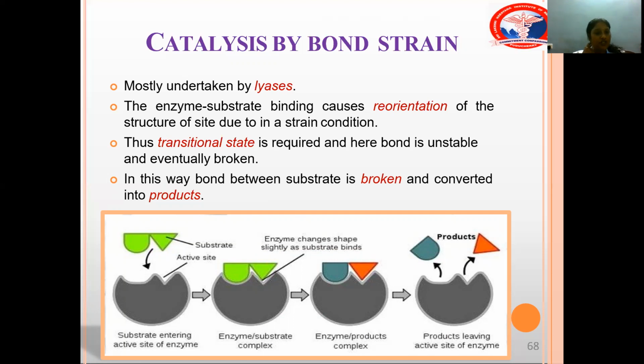Here you can see in the picture, the green color is the substrate, which will come and bind with the active site of the enzyme. Some conformational changes induced by the substrate into the enzyme after binding will favor breaking, and will induce a strain in the substrate, because the substrate has to accommodate itself into the active site of the enzyme, right? So that will induce a strain in the bond which is formed between the two components of the substrate and will result in breaking of the bond, and eventually products will be released.